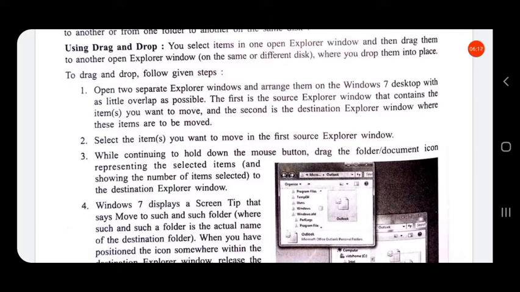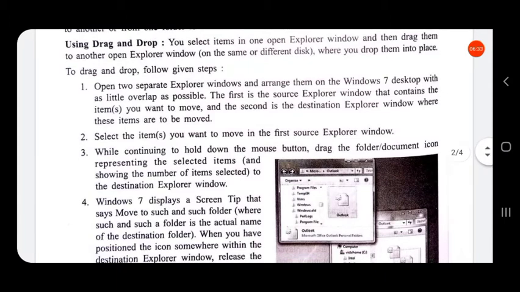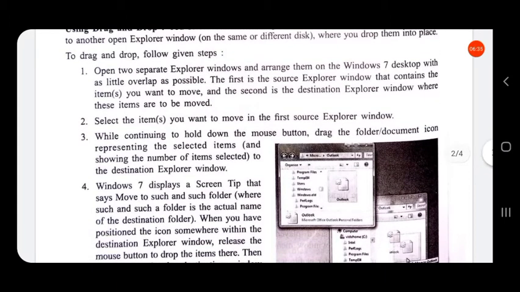That is, the source is opened and the destination folder is also opened. So we can drag from the source window to the destination window, just drag from one place to the other place, where you drop them into place.